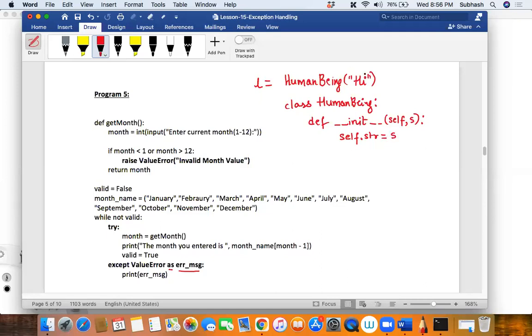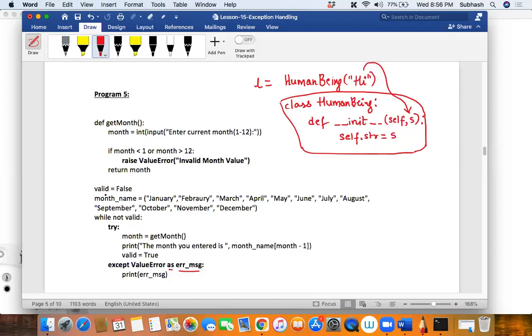Correct? If I say like this, hi will come and sit in s, and then that s will get stored into the instance variable str of this object. Is that clear? If you have done the revision, if you have understood my class properly, then you will be able to understand what I'm saying. That is why I gave you one complete day for the revision. Now, if you have understood this, let us proceed further because this is very important.